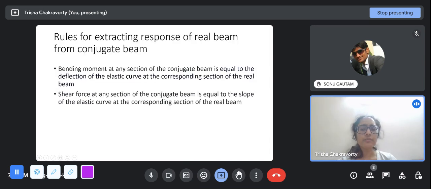And similarly, the shear force at any section of the conjugate beam is equal to the slope of the elastic curve at the corresponding section of the real beam. And now a very important question comes again: what is the sign convention? Because there is no point in talking about structural analysis without the sign convention. If you mess up, the most important thing in bending moment is the sign,